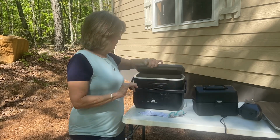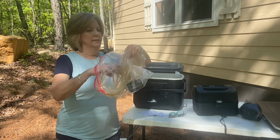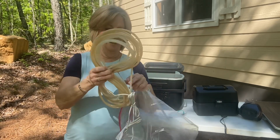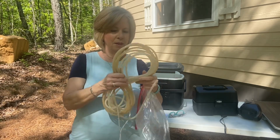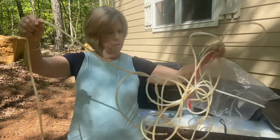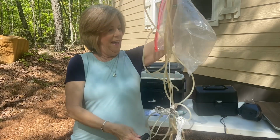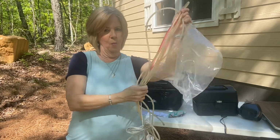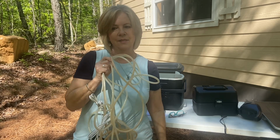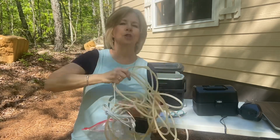inside the cooler. In no particular order. Ooh, loved having these guys. Talk about a sense of security. They're blinky lights to put around your rig. I've got two individual ones here. They are solar powered, and I put these out at night to keep away those little critters. If you've been following me since the onset, you know that I got mice in Washington back when I